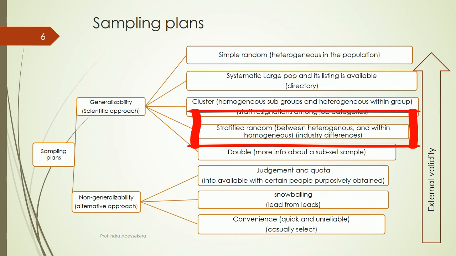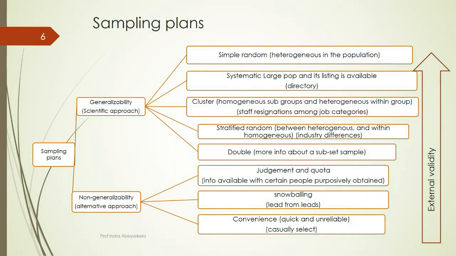In that, maybe we want to look at the differences within the industry, because different industries can have different practices. So we would have subgroups as industry groups, and from that we will choose the elements for the sample. The double sampling is where